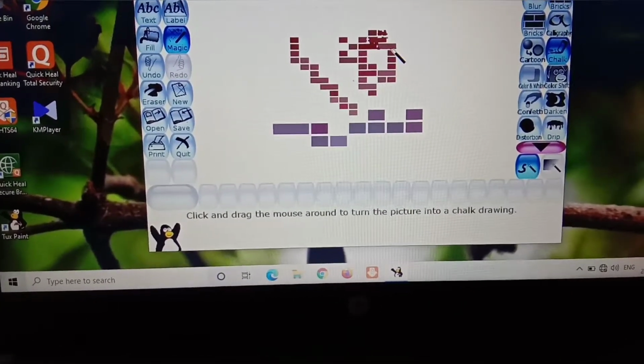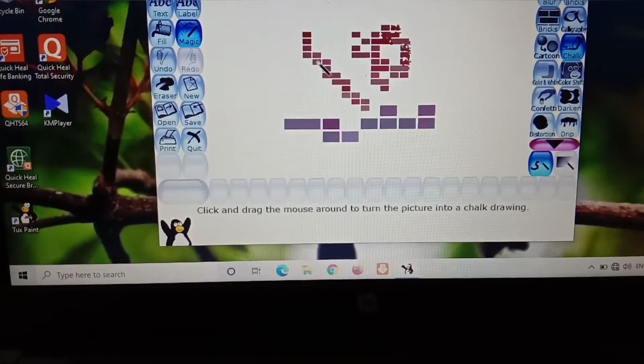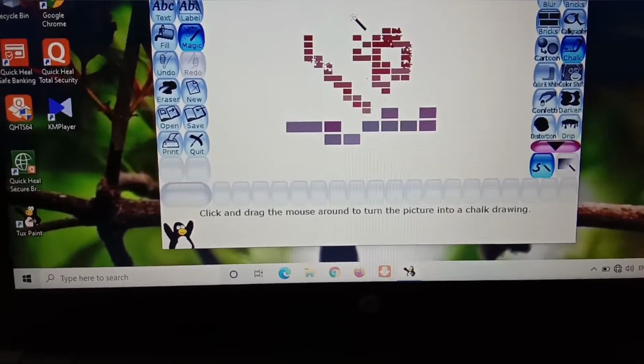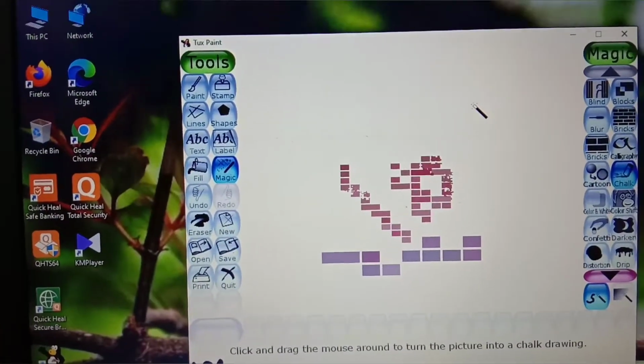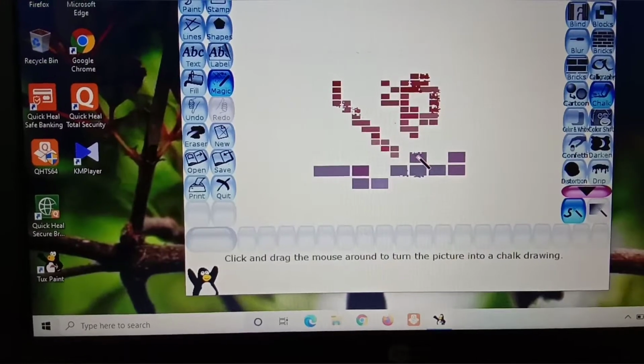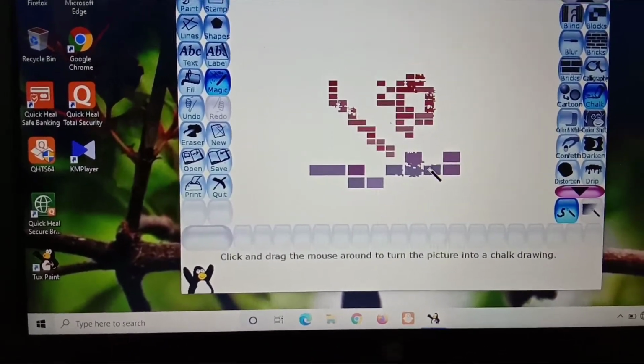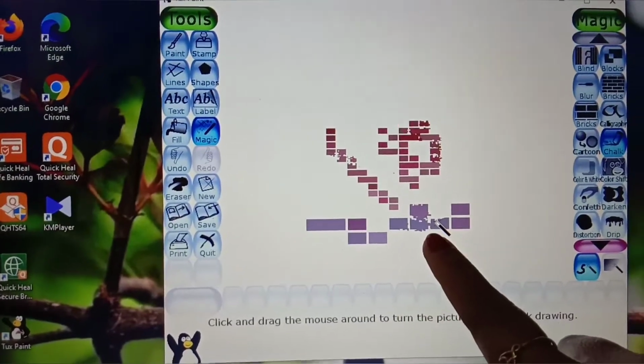you can do the paint you already did. After that you can use the chalk effect. You can look, if I click on here, nothing will happen. So if I click on my previous pictures that I already made, the chalk effect looks like this. Okay, some messy types you can check here.